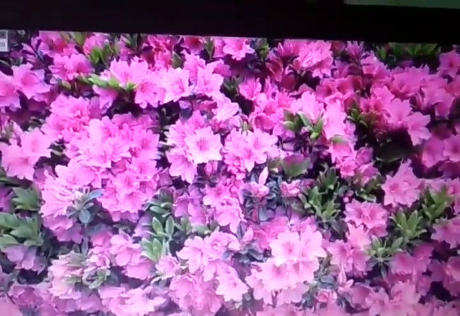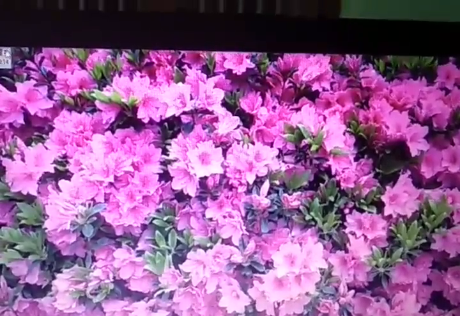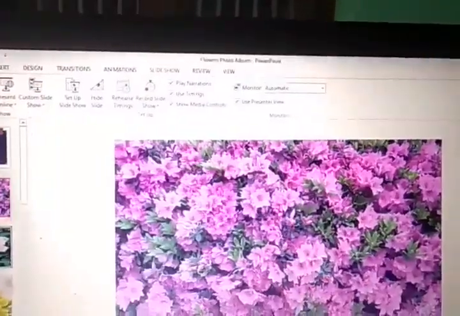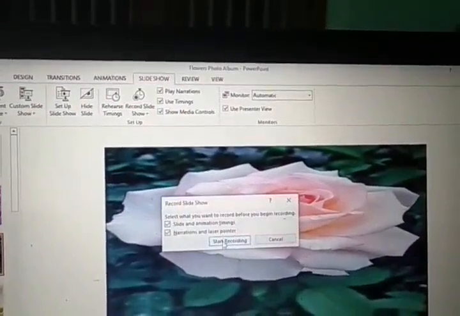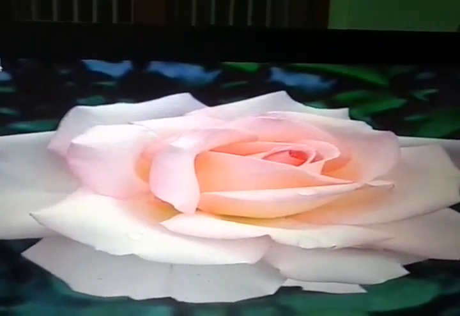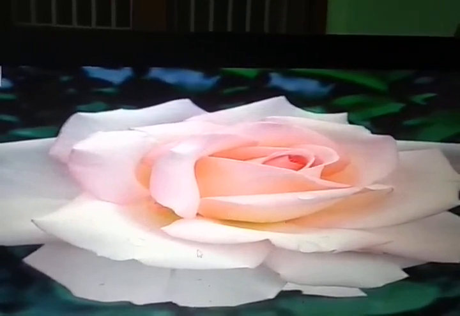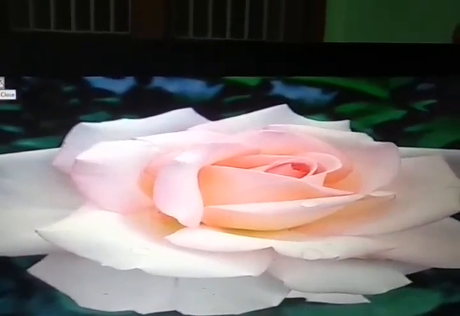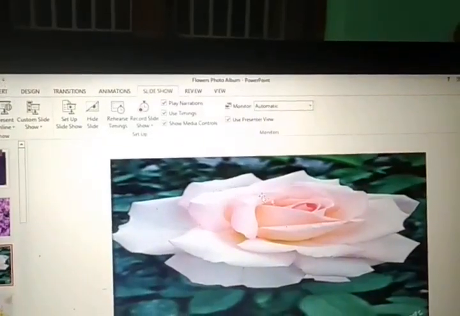So these are the flowers. Like this we can record our voice for the slides. Again I stop here and another slide I will take. Now for that also record from current slide. So this is a rose flower. Okay, we like its fragrance. Okay, so like this we can record our voice in the background. Okay, when you play it in the slideshow, that time it will be played. Okay, now I stopped here.